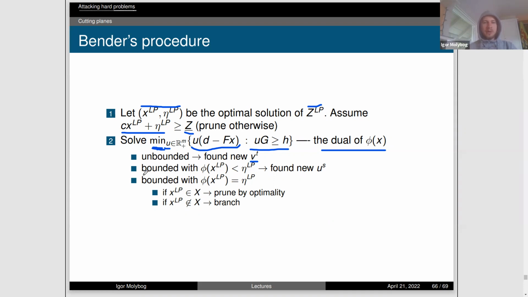If our problem of finding phi of X LP is bounded, with phi of X LP being the optimal solution to this problem, which is less than eta LP, in this case we have found a new extreme point of our capital U,